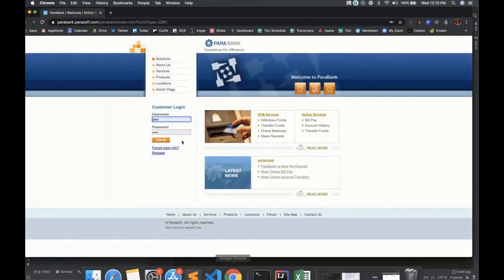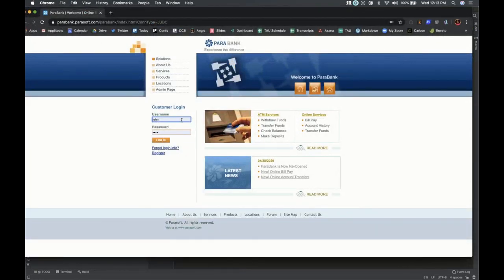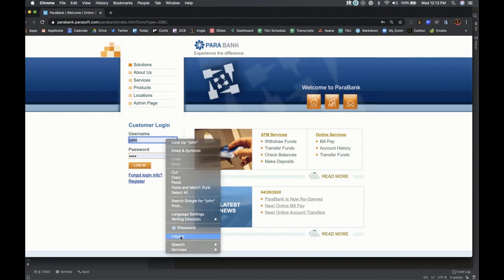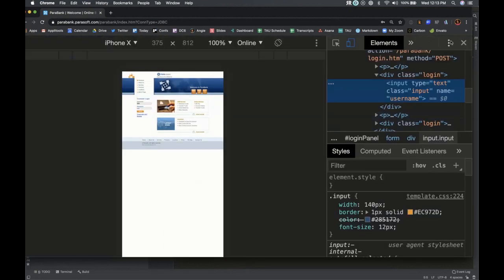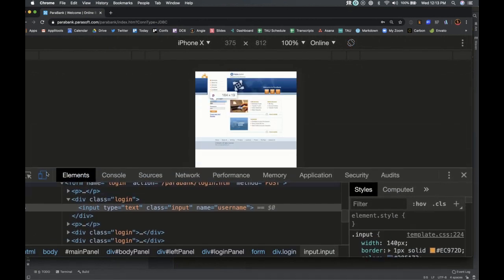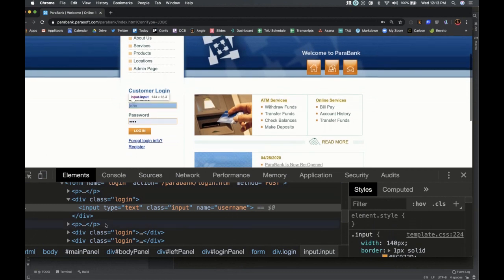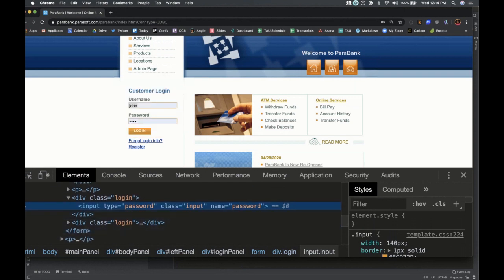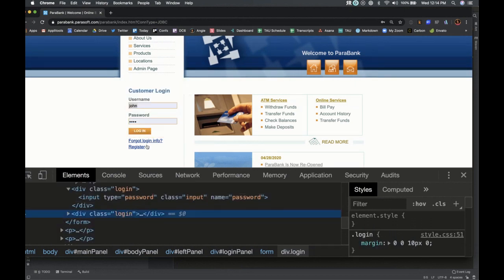Okay, so let's just start with, we're just going to go through the scenario. So the first thing I'm going to need to do is to log in here. Can y'all see this? I'll make it bigger. Dex, everybody say hi. Okay, so let's go into here and get all of our good stuff. Put this at the bottom. We have a name called username. And this password is called password. And this button.